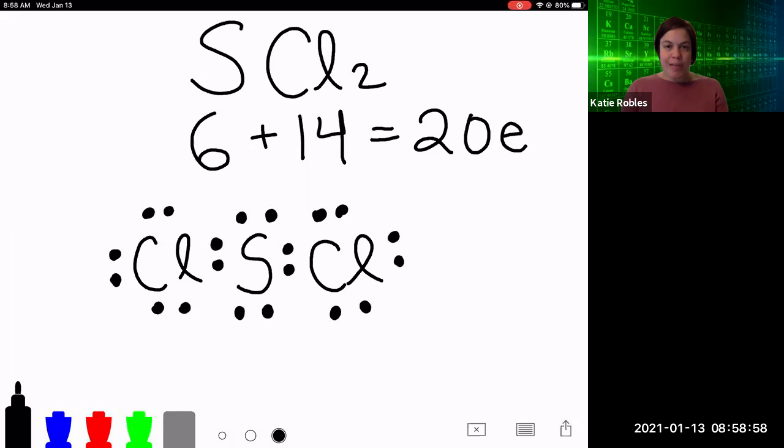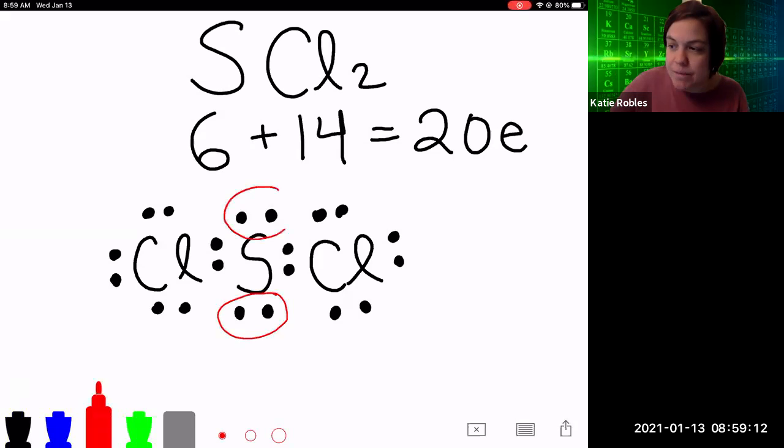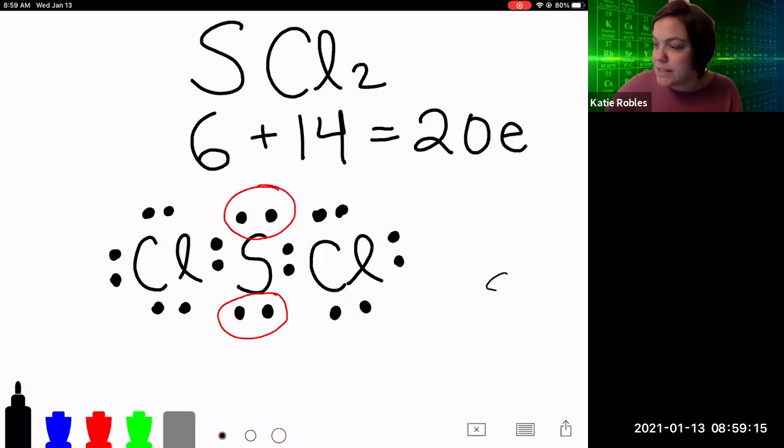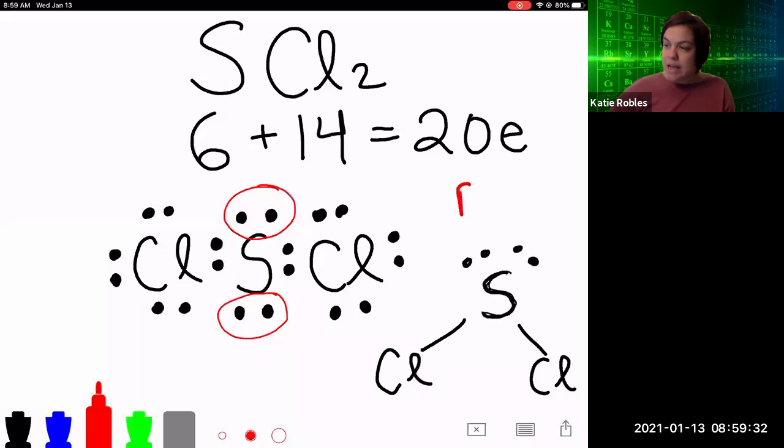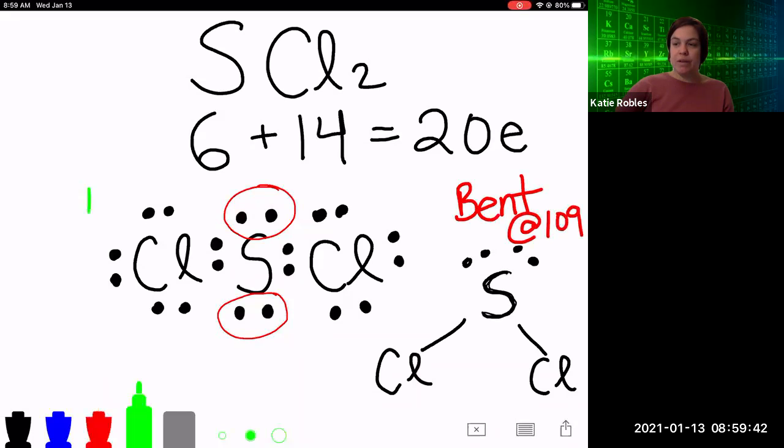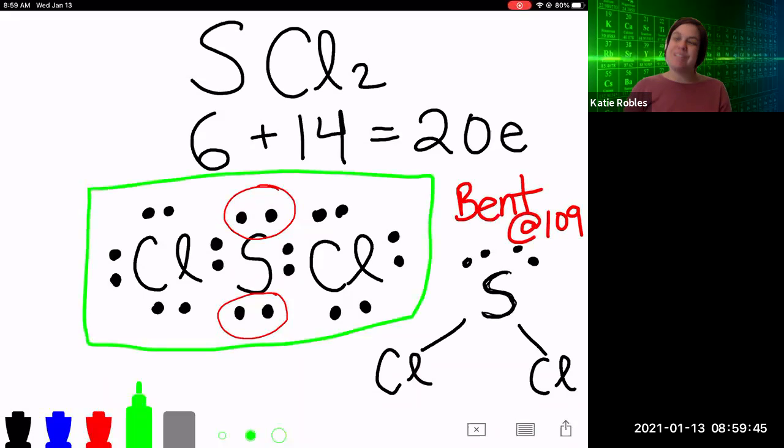You may look at that shape and you may be like, linear, but that's just because I tend to always draw things in lines. I encourage you to pay attention to lone pairs and redraw, right? We've got a lone pair here on the central atom and a lone pair there on the central atom. And when we have lone pairs on the central atom, they're important to us. Here's that lone pair, here's that lone pair. And then I'm going to take the Cl and put it in this direction, and the Cl and put it in this direction. So this actually turns out to be a bent shape. And it's actually bent, if you care, at 109. So again, I really, really encourage you to make sure you don't look at that and see a